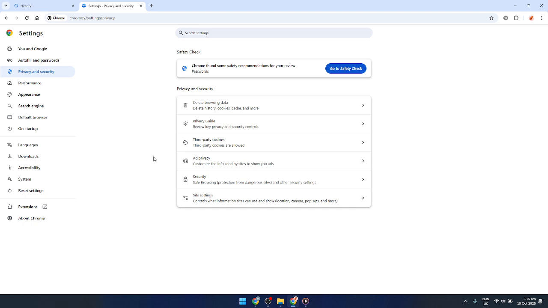That's it. If you'd like to avoid saving history in the future for a short session, remember you can use an incognito window, which doesn't store browsing history once you